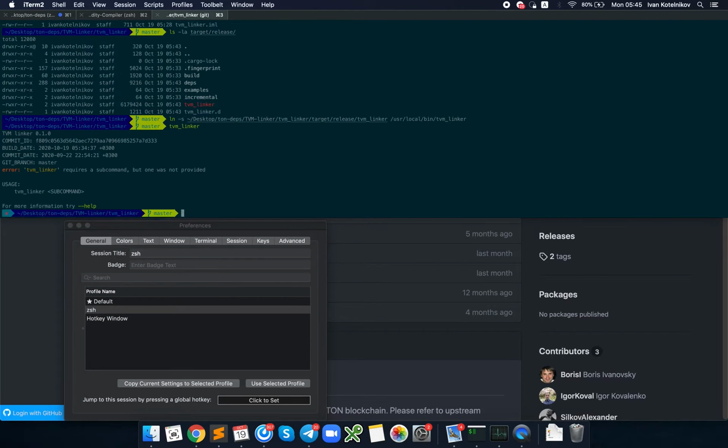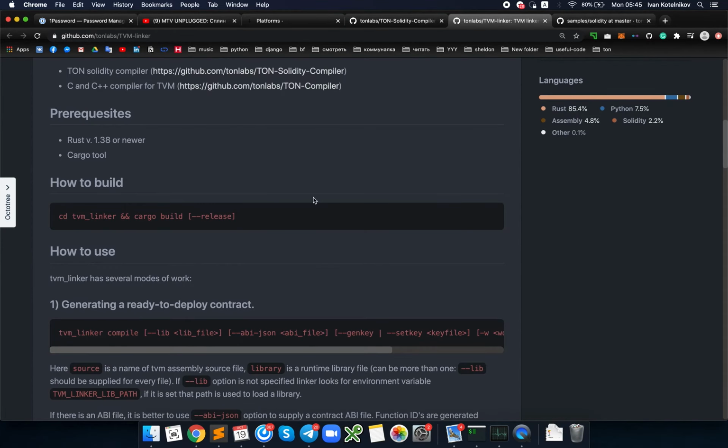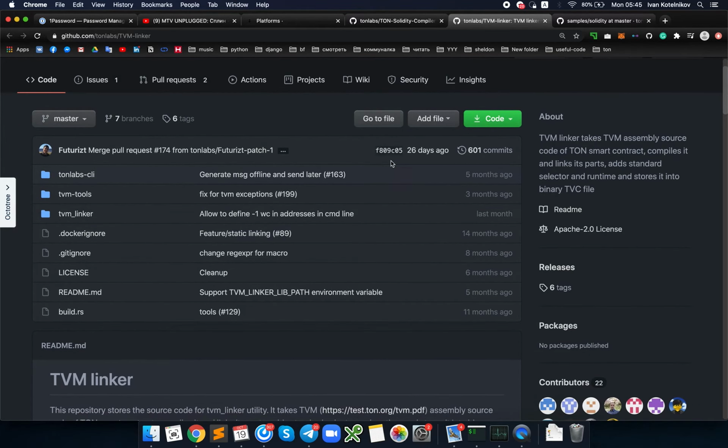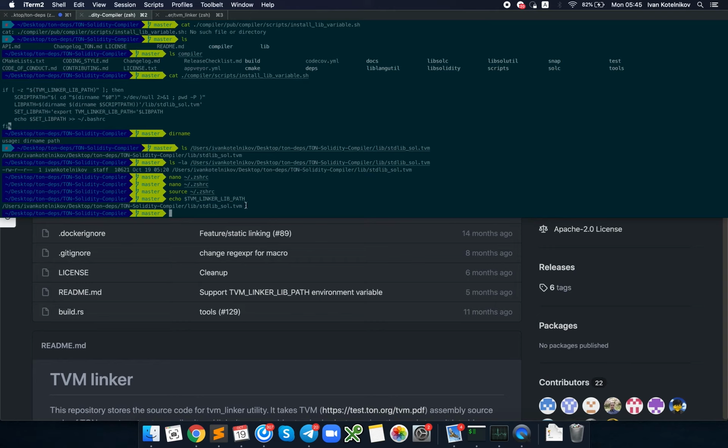tvm_linker. Okay, it requires a command, blah blah blah. Do you have help? Yes, you have help. So it's pretty up to date. The build date is today, the 22nd. Let's see the commit ID. We have the feature patch, F809, F809. Okay, the commit ID is the same. So we have the latest TVM linker, the latest Solidity compiler, and the standard library, and